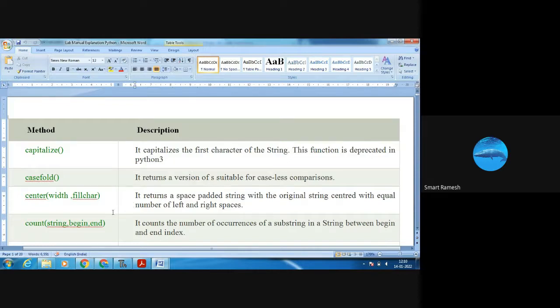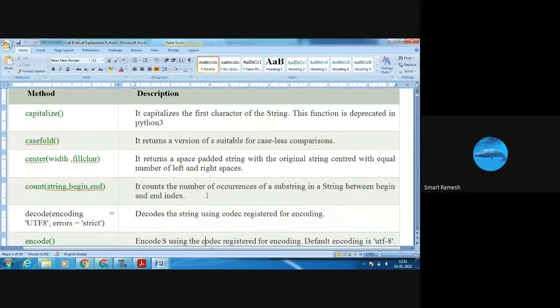Next, center. Center means it places the string in the center position with the given width and fill character. Next, count. The count function is used to count the number of occurrences of a substring in a string between the begin and end index.